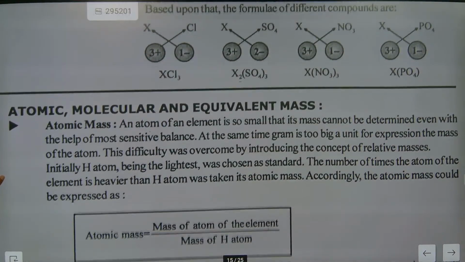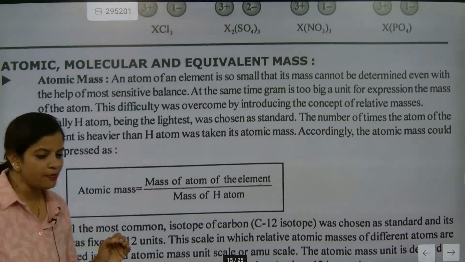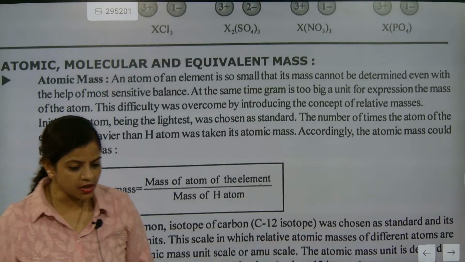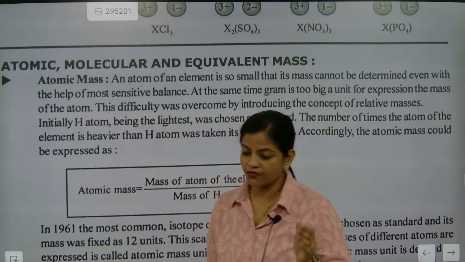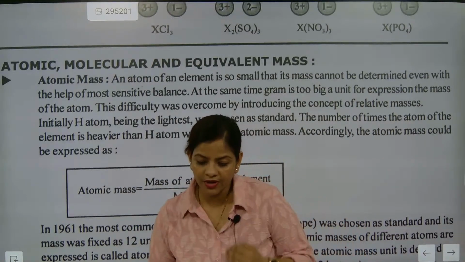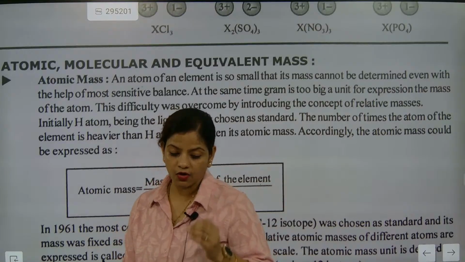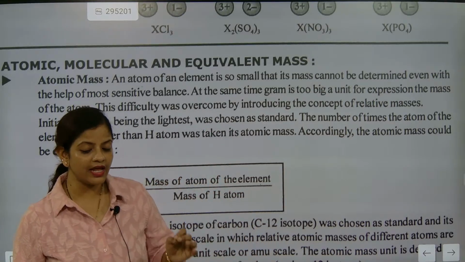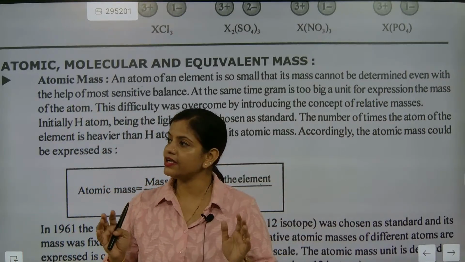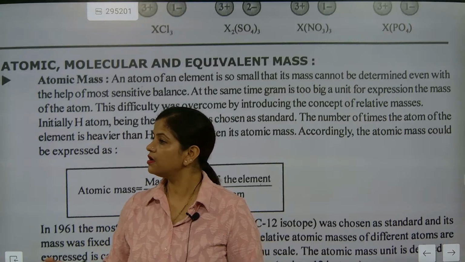Now molecular and equivalent mass. This is a very important thing. So atomic, molecular and equivalent mass. Now we are going to the most crucial section of it. So what is atomic mass? The mass of an atom is considered as its atomic mass. An atom of an element is so small that it is having